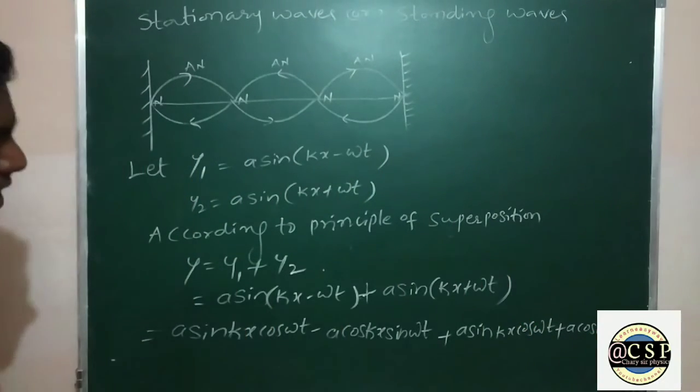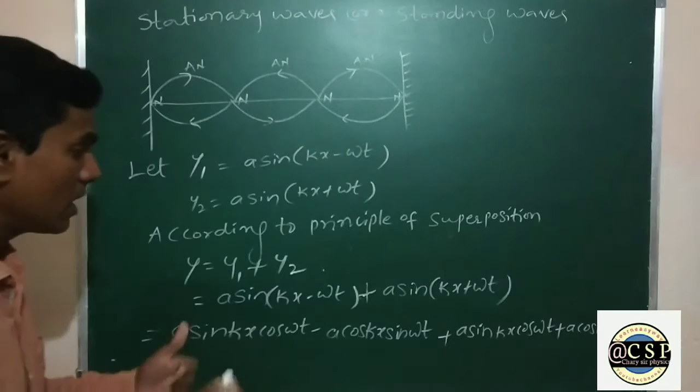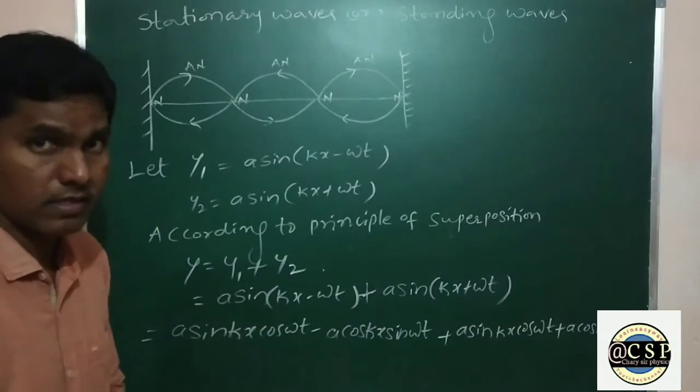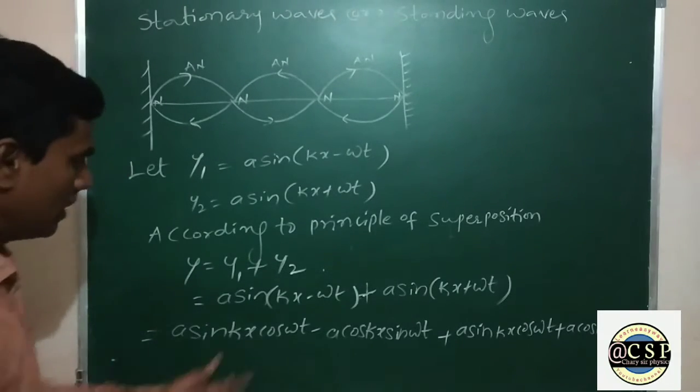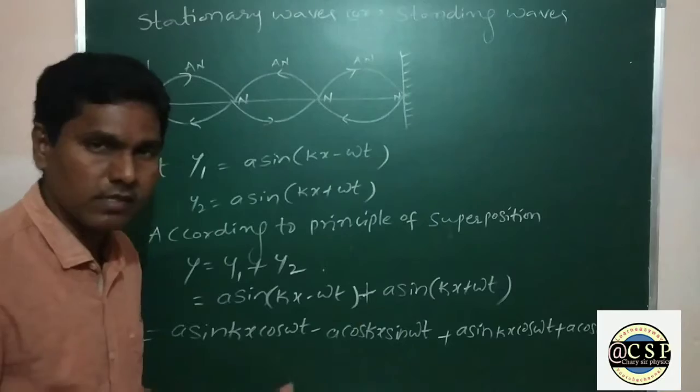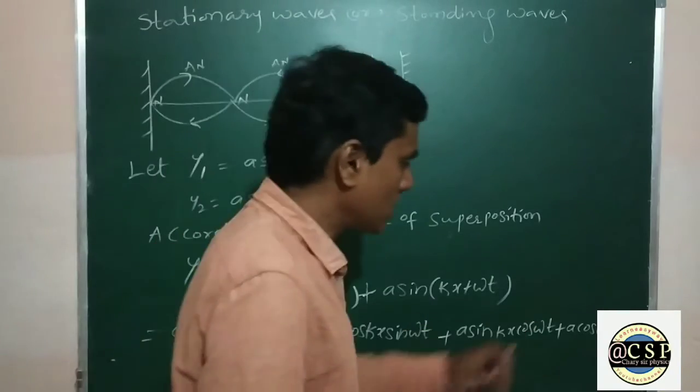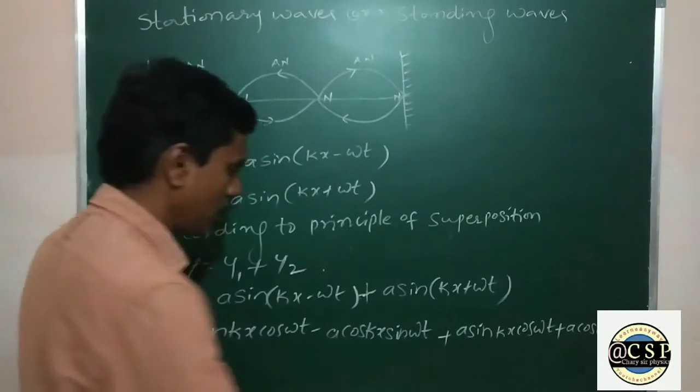Here, minus a cos kx sine omega t and plus a cos kx sine omega t